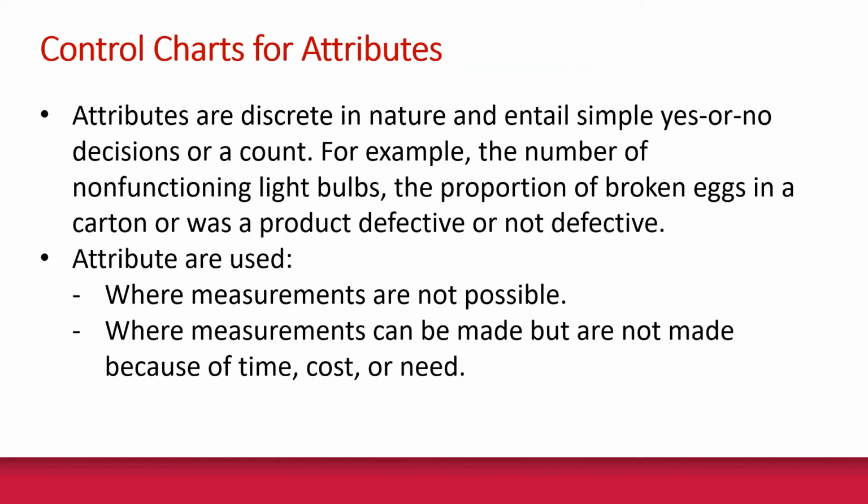To understand how to plot the control charts for attributes, it's important to understand exactly what an attribute is. Attributes are discrete in nature, which means that they don't have decimal points. They're simply a number, or they're a binary decision, a yes or no. For example, if you have a carton of light bulbs and you count the number of light bulbs that are non-functioning, so maybe you have an assembly line, you're producing cartons of light bulbs,